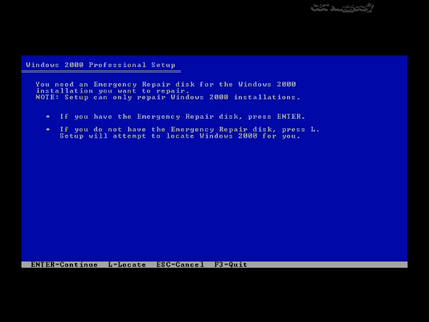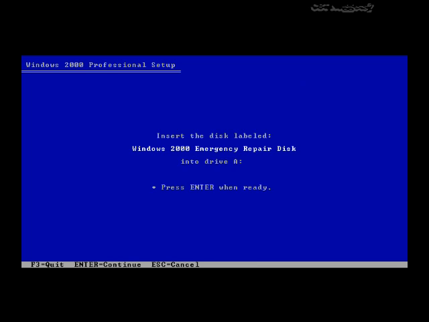You don't have to have the emergency repair disk. It'll still attempt to locate where Windows 2000 is. And of course, you have the Windows 2000 CD as well. So it'll still do a checksum on the files that are on the hard drive and compare that checksum against the files that are on the CD, and may still attempt to replace certain files that don't seem to match up there. But I'll just go ahead and press Enter here,